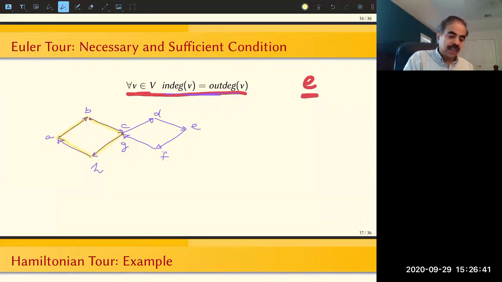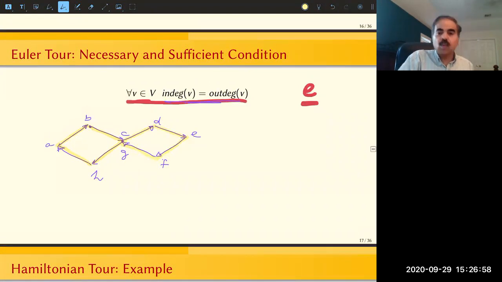So what you can do is you can then start a separate walk here, right? And then now you go and complete this. Okay. Now you can see that you can stitch together these two circuits into one bigger path, right? Because instead of going to C and coming back to H, you can instead go from A to B, B to C, C to D, E, F, G, H, back to A, right? So you can construct these two little tours and stitch them together into one larger tour,